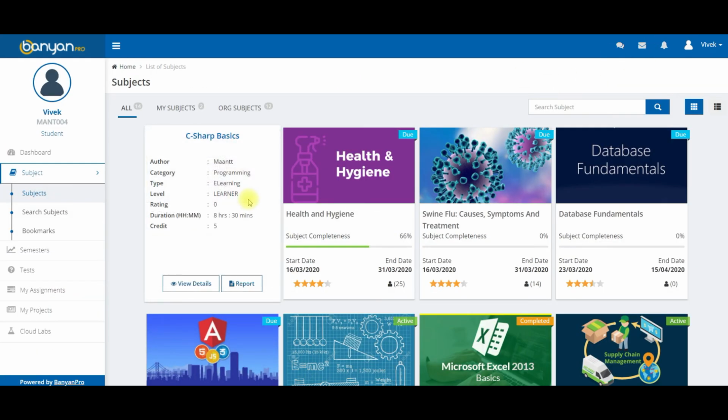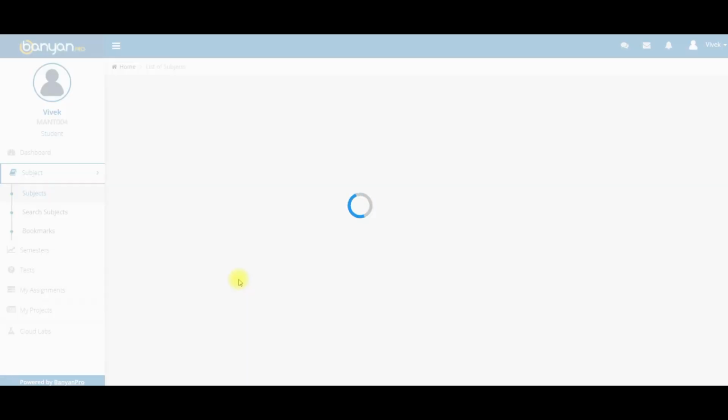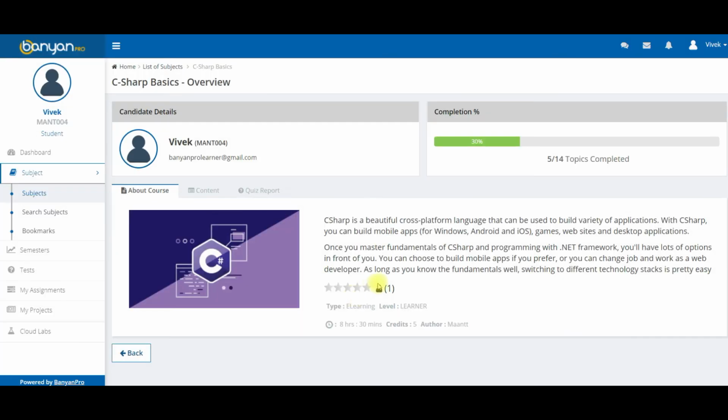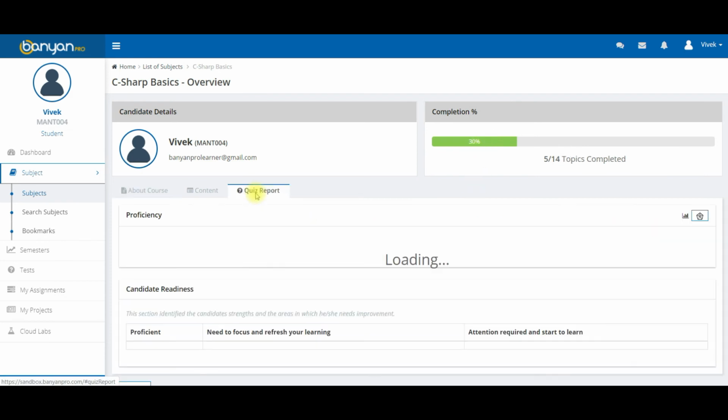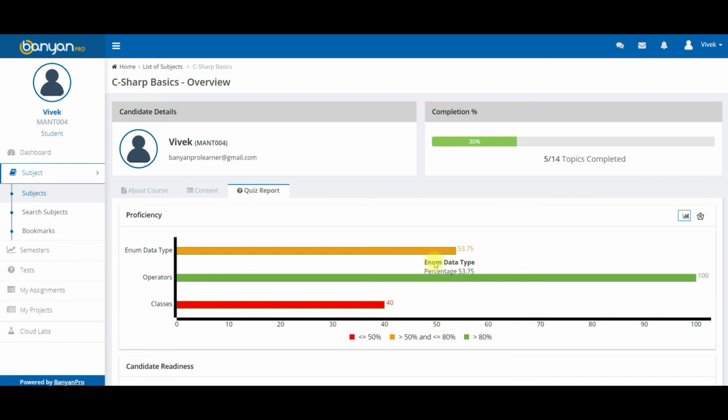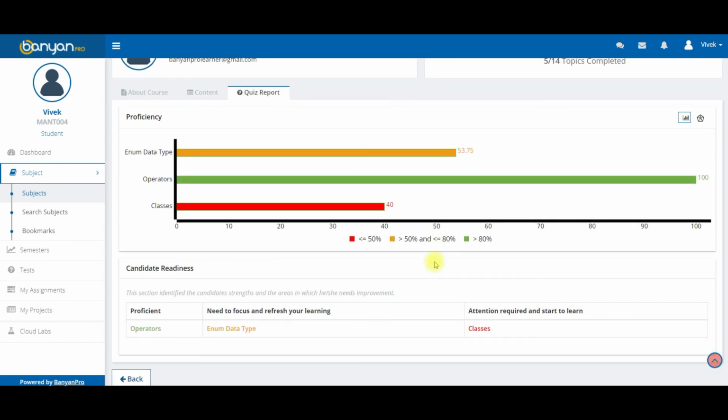Now I'm going to view my subject report by clicking this report button. This subject report will help the student to know the completion percentage and their proficiency level on each topic. Also, it helps the students to know which are the topics they are proficient in and which are the topics they need to focus on and give more attention to.